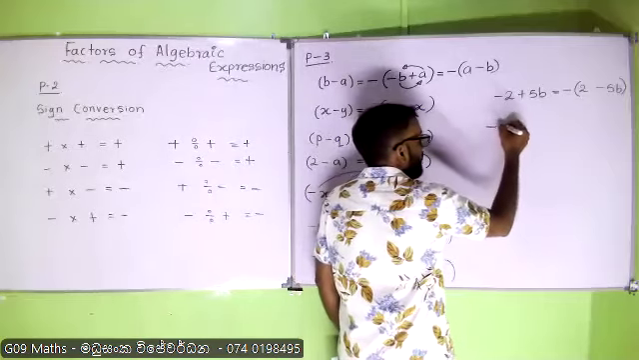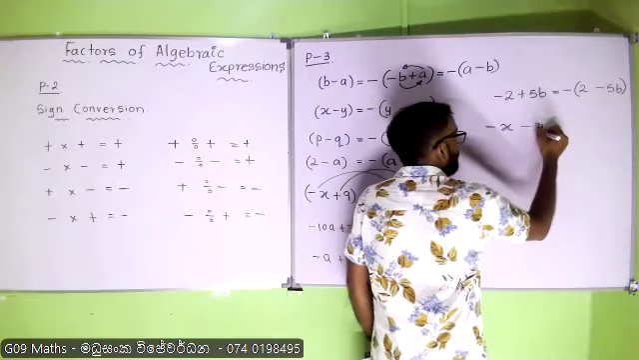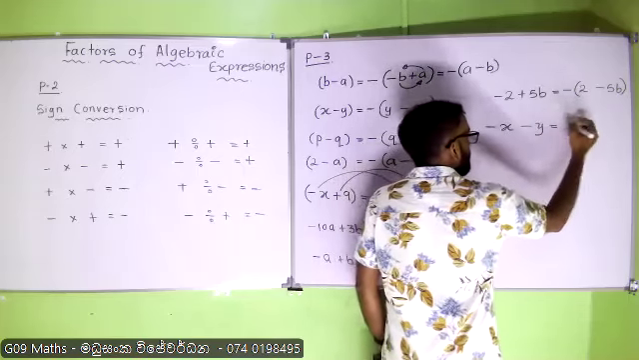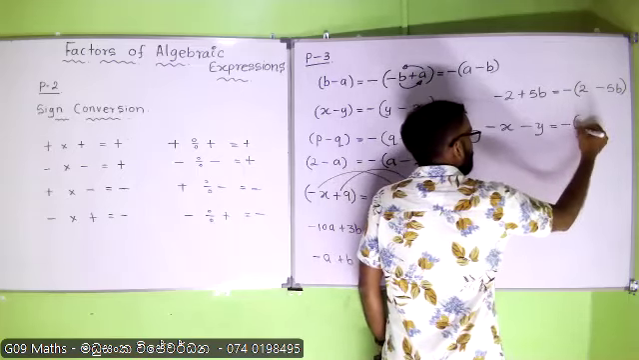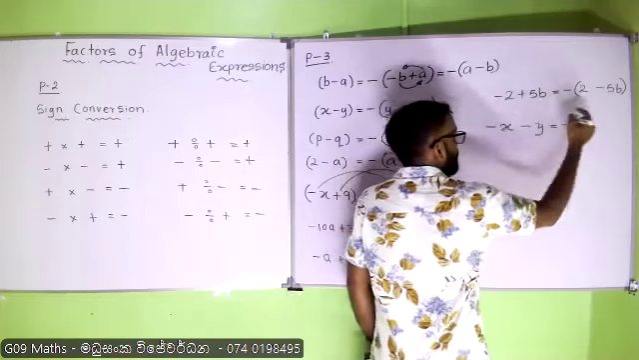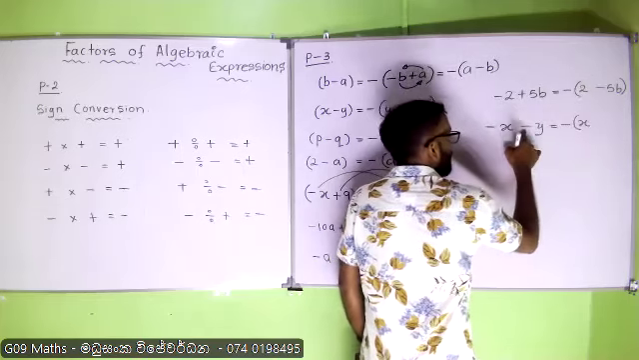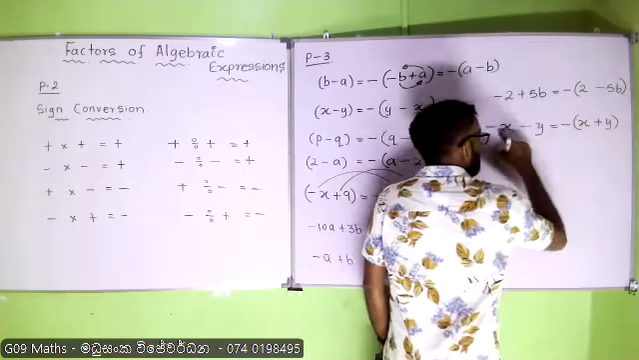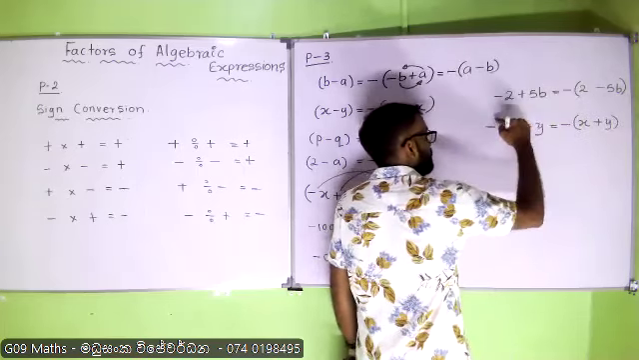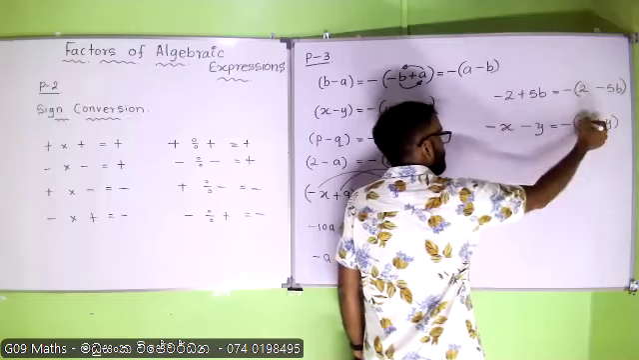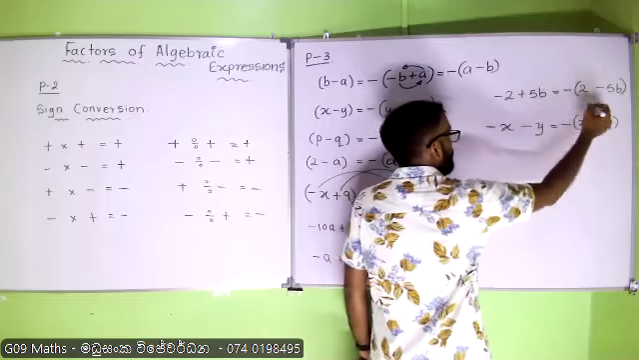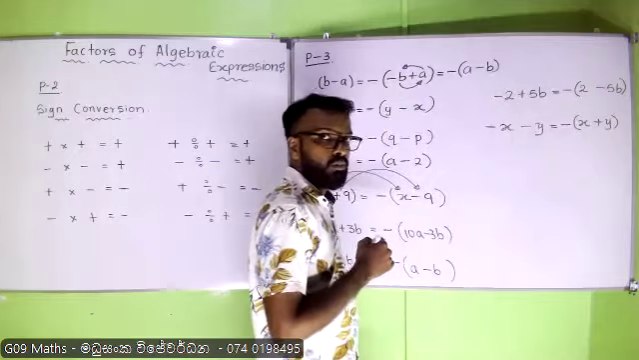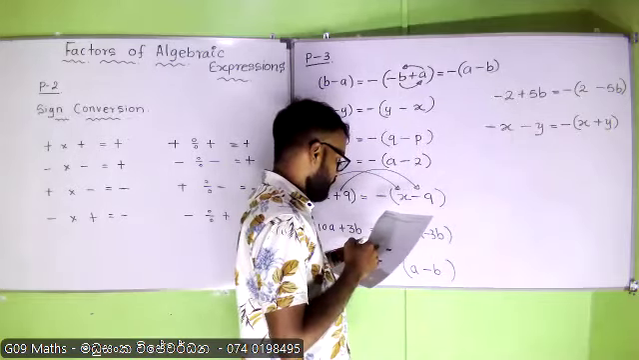Next, negative x, negative y. What happens? The negative sign is common. Take the negative sign out. Negative x becomes positive x. Negative y becomes positive y. Signs are changing, the opposite thing. Negative x becomes positive x, negative y becomes positive y, because you are taking the negative sign out from the bracket as a common term. Right? Then